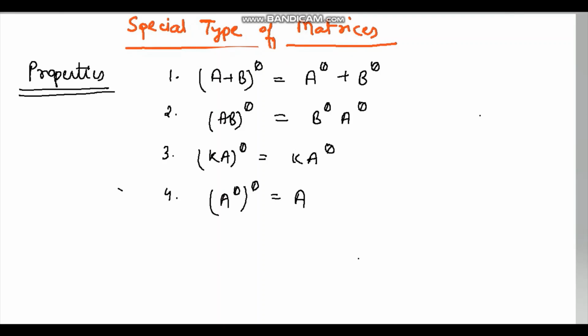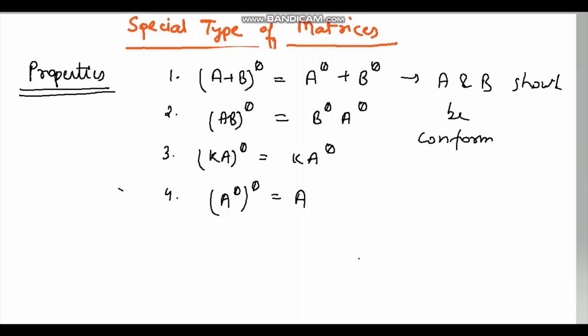So these are the properties of the conjugate transpose of a matrix. (A plus B) to the power theta is equal to A theta plus B theta, where A and B should be conformable. Okay, only if they are conformable will these properties be followed. (AB) theta can be written as B theta into A theta individually. Similarly, if a scalar is given, then (A theta) whole power theta can be simply written as A. Okay, next we have